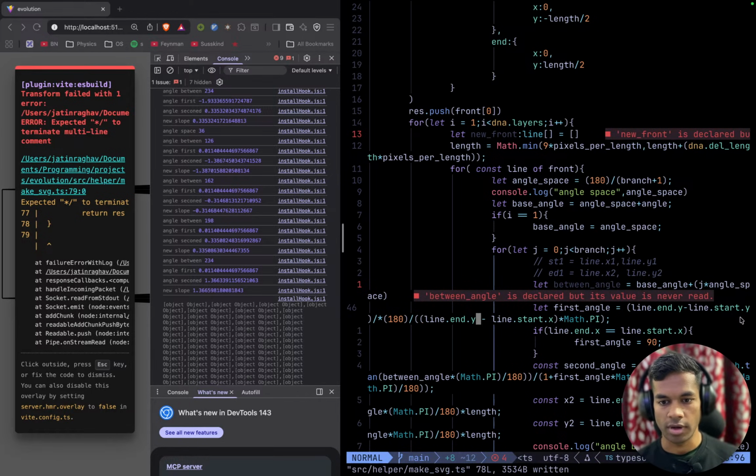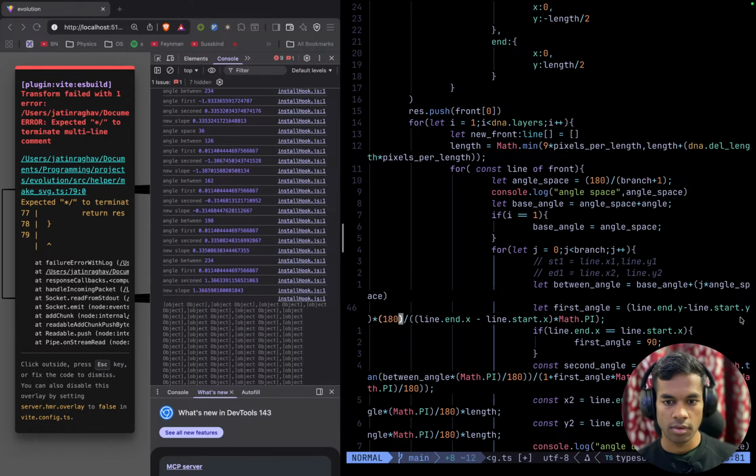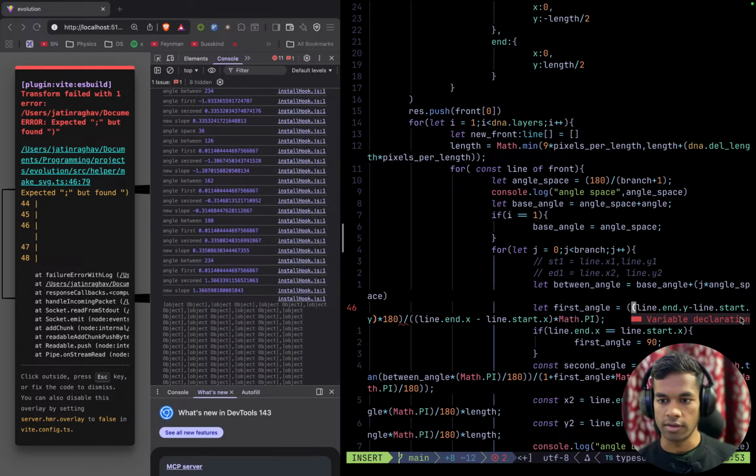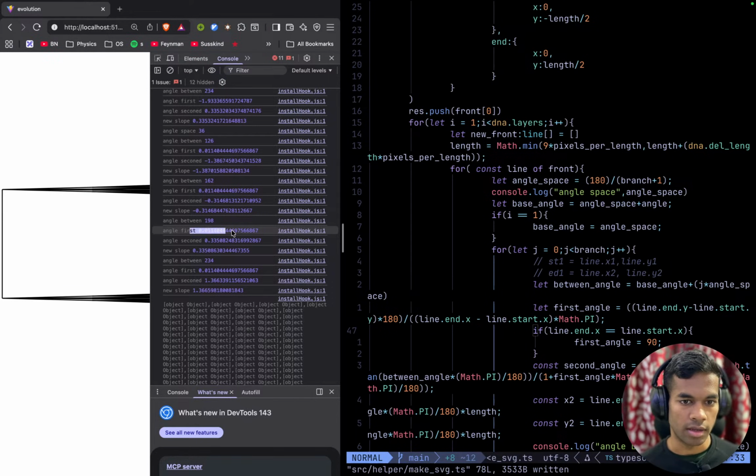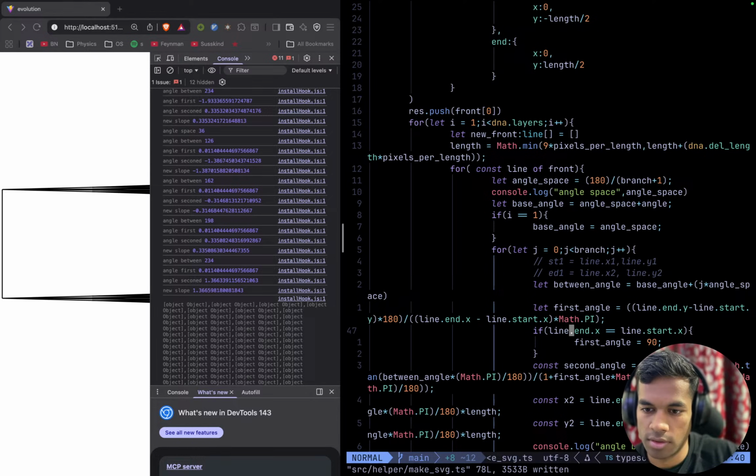My bad, not y but x, and divide this whole thing by this. And still wrong. Angle first is still small. Yes, it is still wrong. First angle equals 90. No,